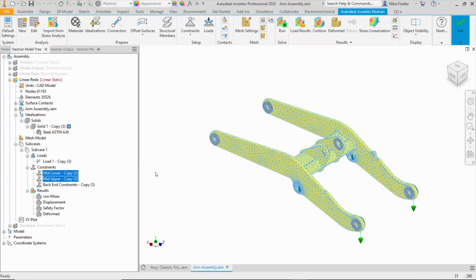Now, the other thing that I wanted to show as far as interrogating results would be the graphs, and as they're called in Inventor Nastran, the XY plots. But they're probably more interesting, as I mentioned in the slides, when we have something that is either a time-dependent analysis, such as a transient thermal, or if we get into something like a nonlinear analysis where there are steps involved, so the load is increased